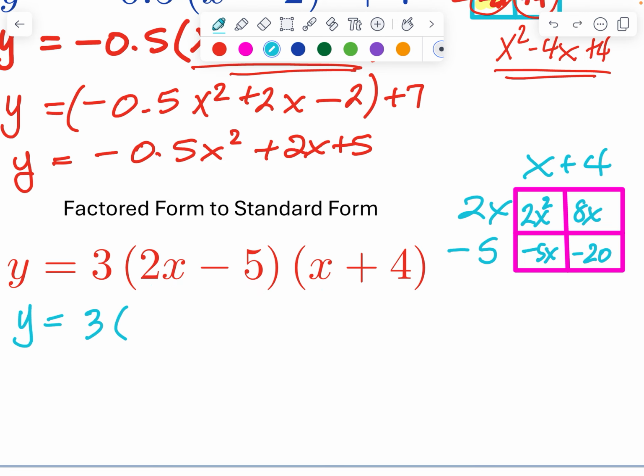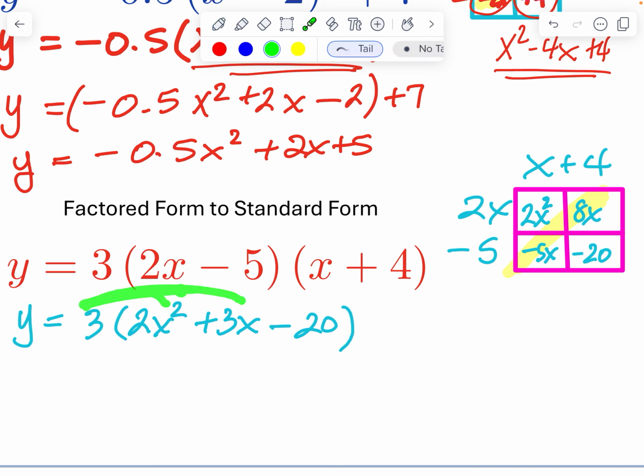So now I'm going to go inside my box, and I'm going to write down what I have. I have 2x squared, and of course I can combine my like terms with these middle ones. So I'm going to start with my 2x squared. 8x minus 5x is plus 3x, and then I have a minus 20 on the end. Now I'm going to do my next thing, which is to multiply. If you keep in mind the order of operations,